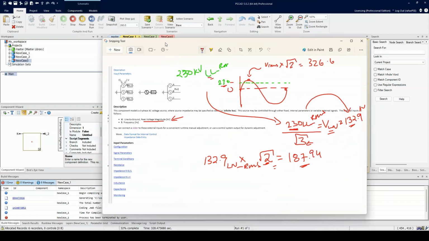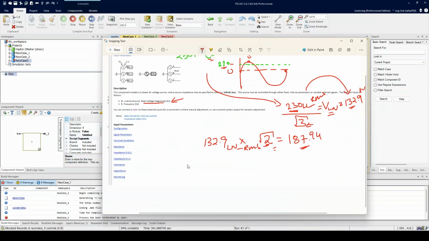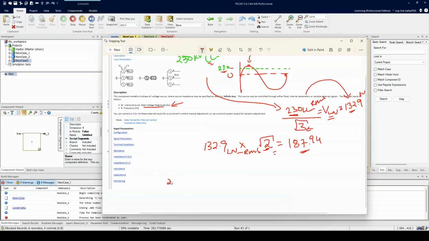But if I want to be able to set maybe a 230, perhaps what I'll do is first set it to a numerator and denominator block, and in that denominator I'll put a root 3, and then rather than take a multiplier, I'll multiply it with a root 2, so that will give me 187, and then we will feed